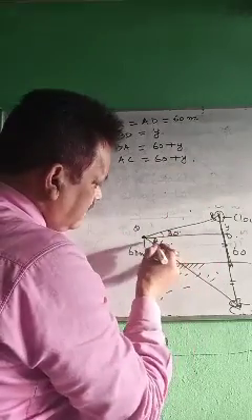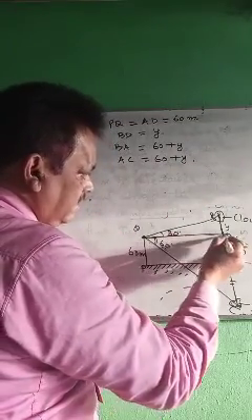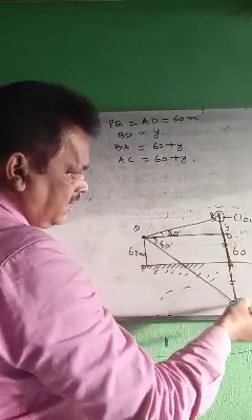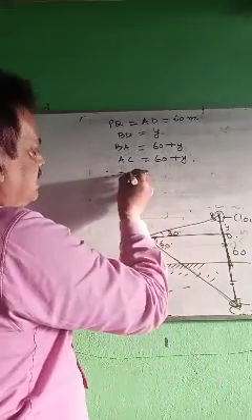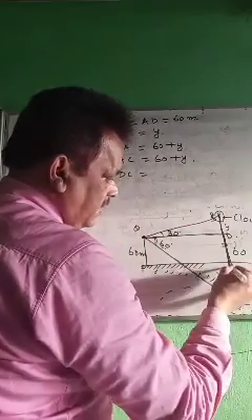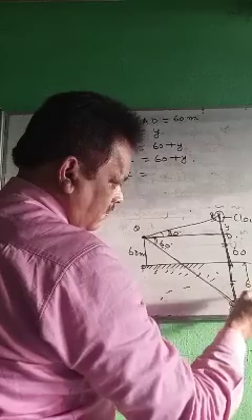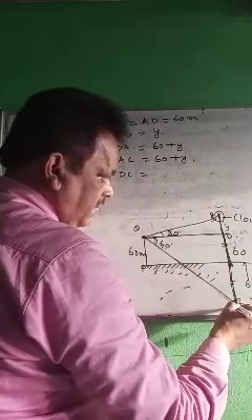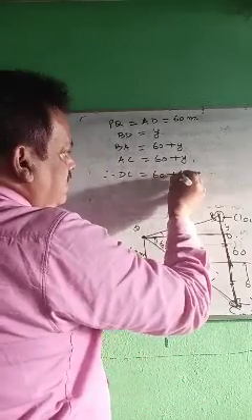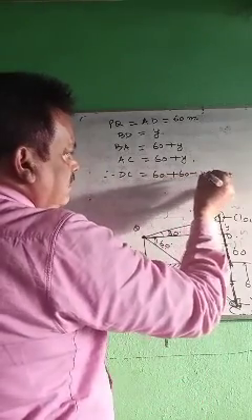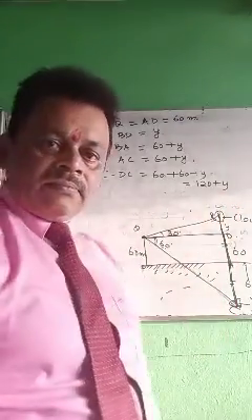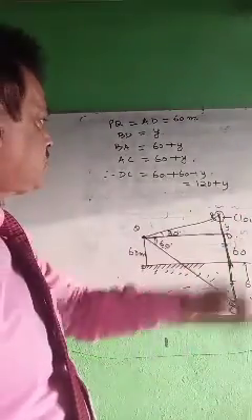But 60 degree angle is in which triangle? This total. So in this total you have to take this DC now. Therefore DC will be how much? This is 60 plus Y, this part. This is 60 plus Y, this is 60. So total how much? That is 120 plus Y. Okay, 120 plus Y now.